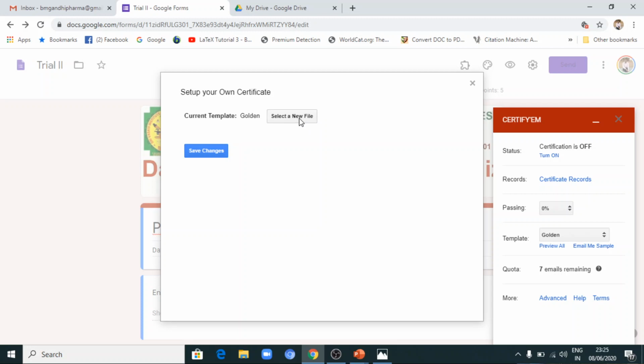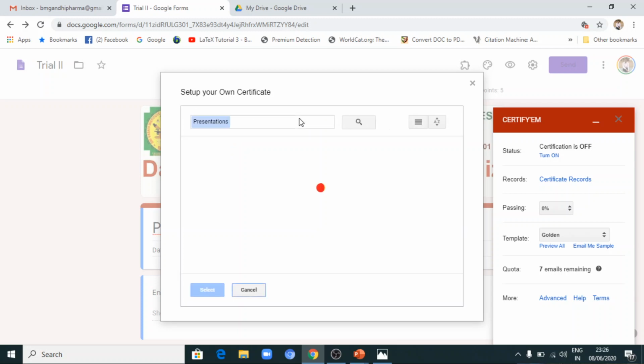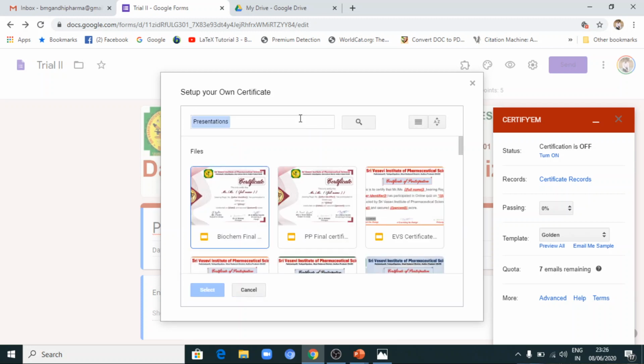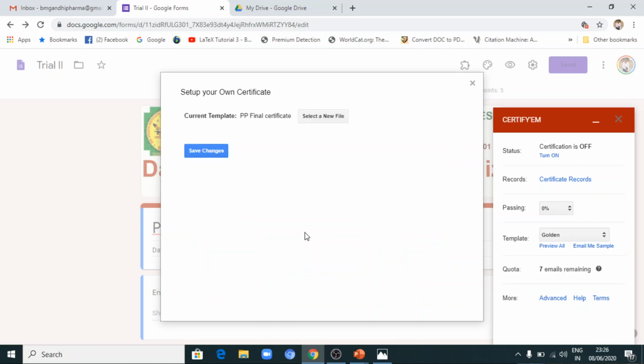If you click that one, it will ask you for different certificates. We have already uploaded the certificates, so click this and select. Then simply save changes.